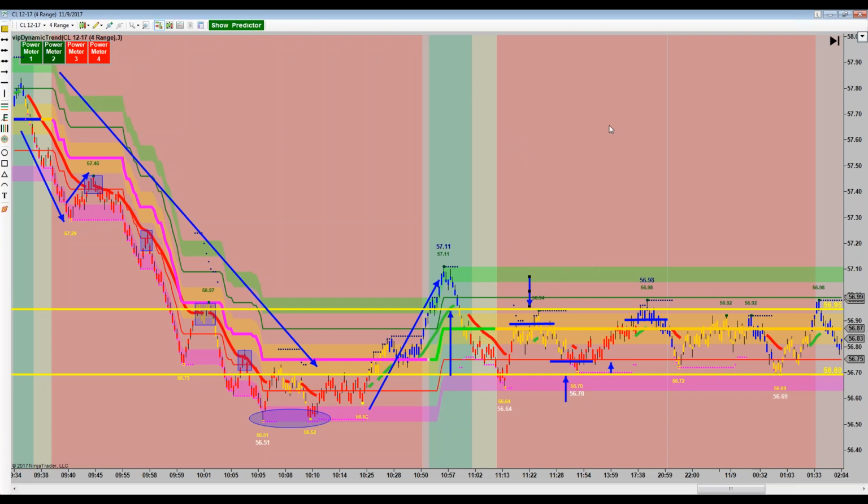Background, once again, has resumed to red. We understand that even though it's red, we're still going sideways, and you could be shorting the top. Yes. Now,